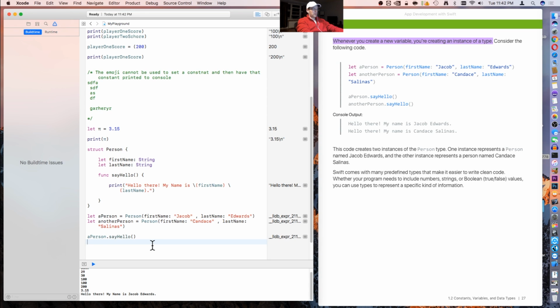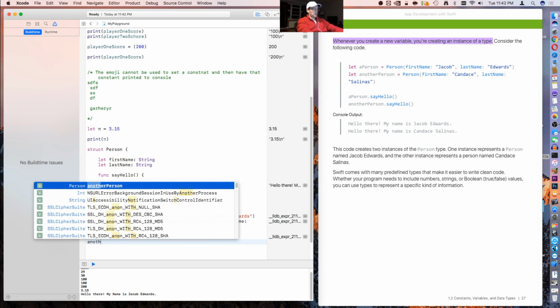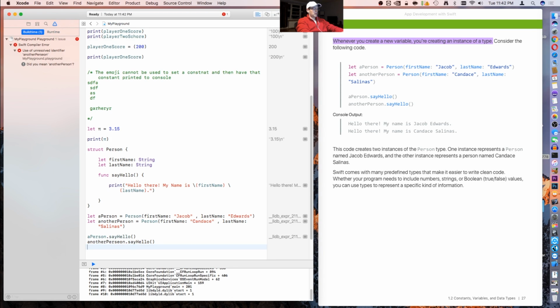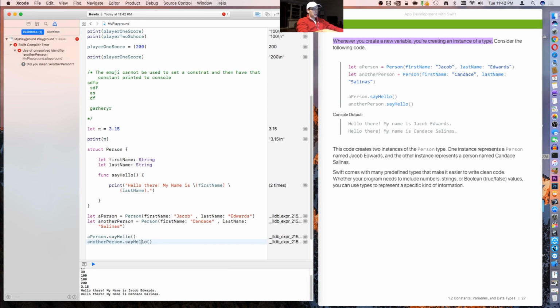Let's see if we can do the second one now. And the second one we created was another person dot say hello. Then another person dot say hello is. Did I spell something wrong? Yes, I did. I spelled person wrong. It's getting late at night and I'm beginning to get sleepy and not being careful with what I'm typing. And then, hello, my name is Candace Salinas. So definitely a great